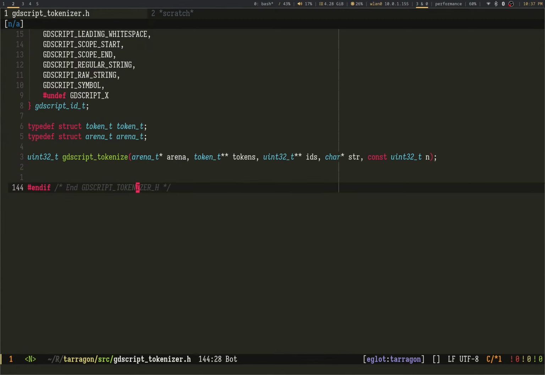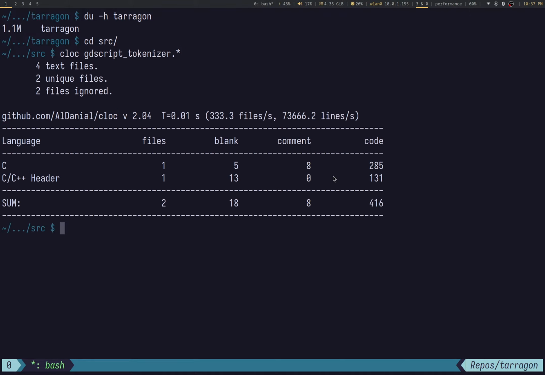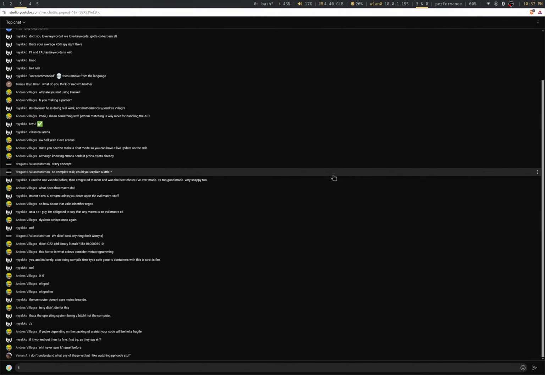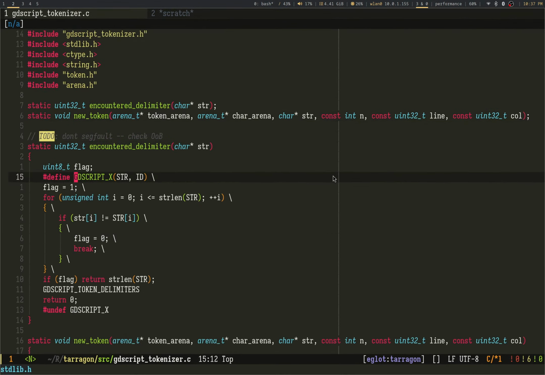If we swing in a CD, let me just clock GDScript. Not bad. Not bad. And honestly, thanks, since we used a macro for this,